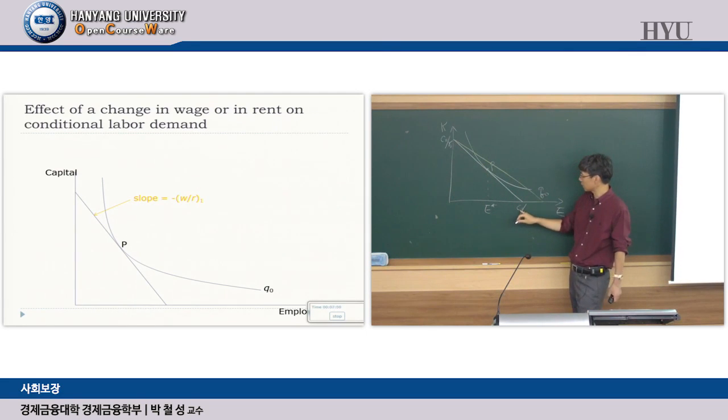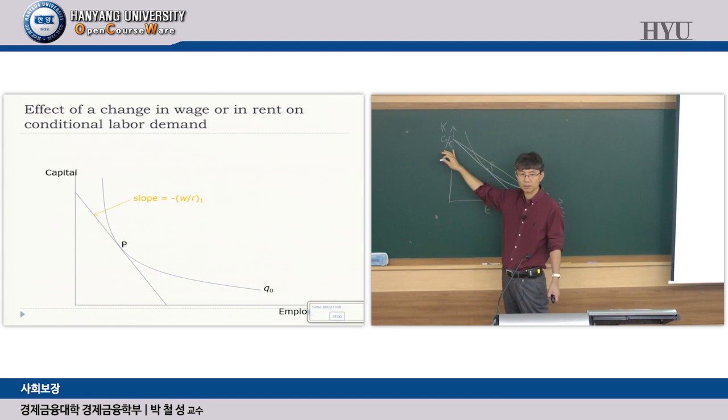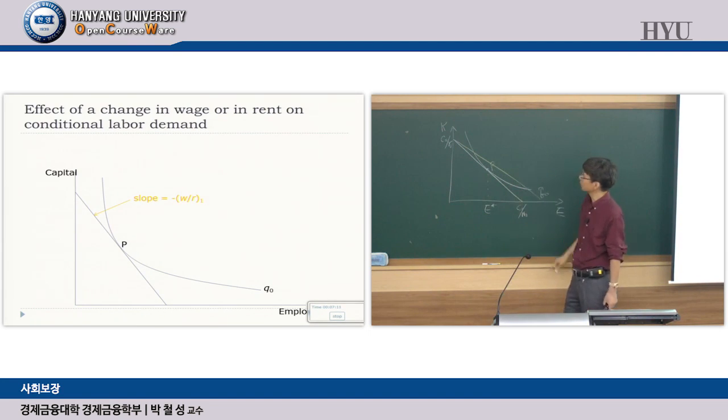So this shows the R, let's use R0 in this case. If C0 is the total cost that you are paying before this change, and W0 is the wage rate, R0 is the rental rate of the capital, then you can see it this way. Now what happens is that